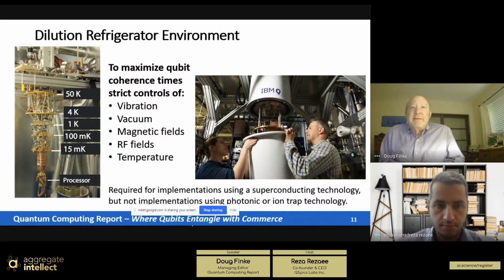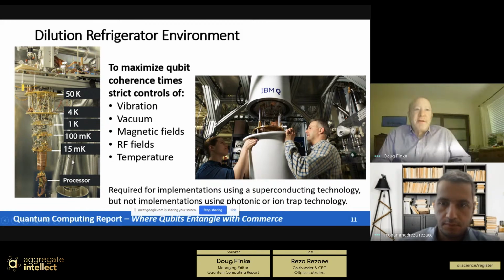So qubits are very, very fragile. As I indicated before, they collapse, they decohere very, very quickly. And people go to extraordinary means to try to extend these as much as possible. One of the technologies, and you'll see this in almost any presentation on quantum computing, is this device called a